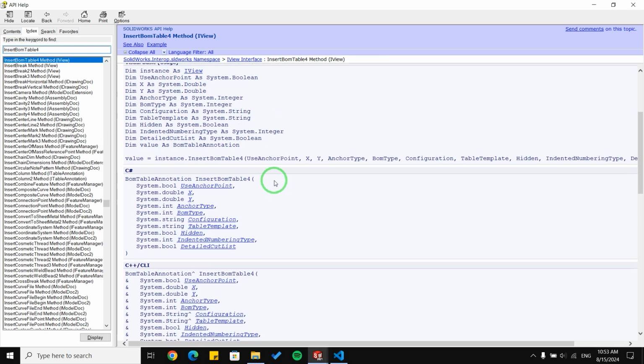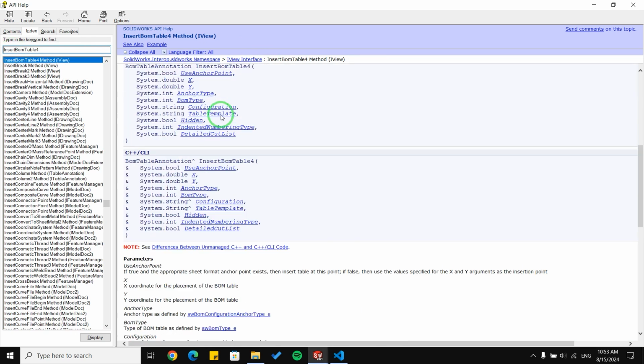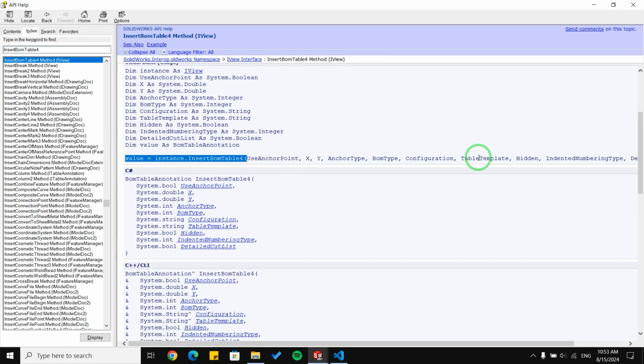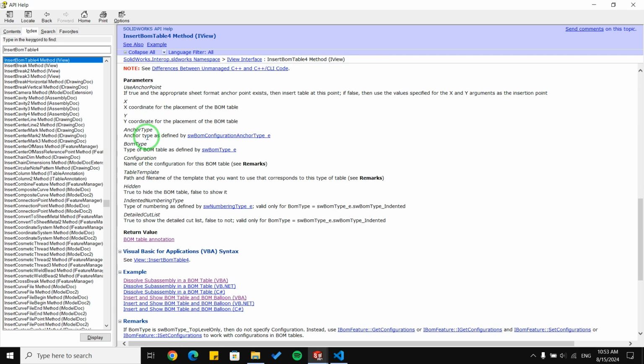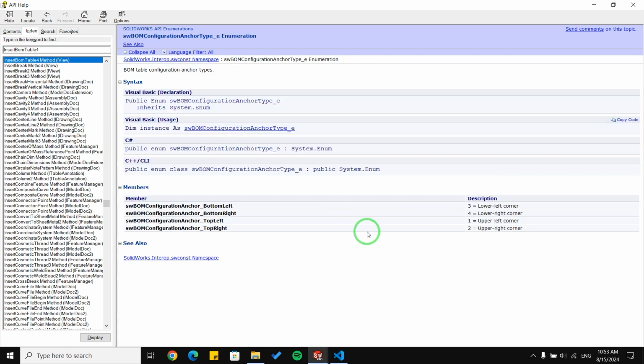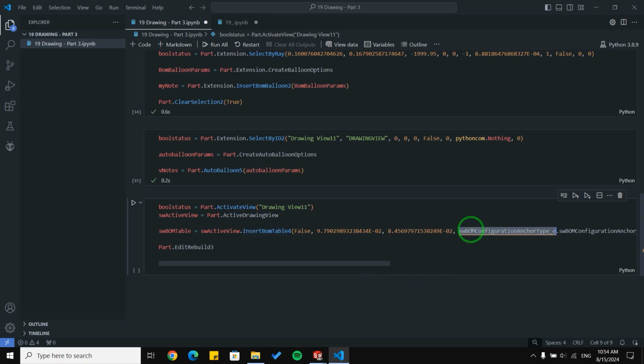Let me search for this function in API help. Okay, let me see. It gets different arguments here, and the first one is anchor point, and the most important arguments we have are the x coordinate and y coordinate, and anchor type and BOM type. For the anchor type, we are going to use 1. So let me change this one to 1.